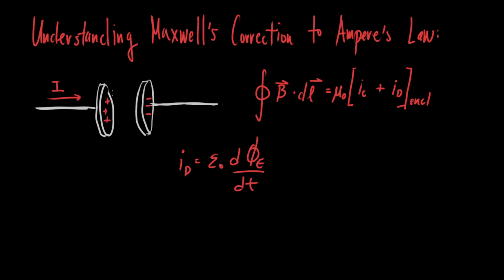So there is an E field, going from here to here to here, and it is changing as charges build up. So it's strengthening over time, and thus the flux is changing. And so what Maxwell found is that there was indeed a magnetic field that is induced by this electric flux inside from these capacitors. And so let's try to derive this notation, because I believe that it's kind of glossed